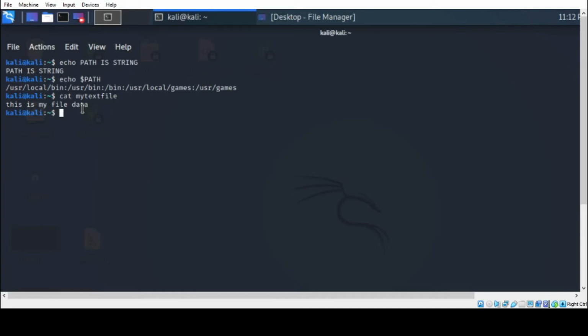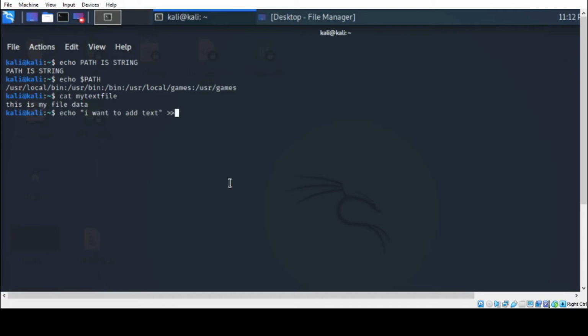To do that, run echo space the new line which you want to add, space, the greater than sign, space, file name. Okay, echo space I want to add text. This is our content which we want to add in the file.